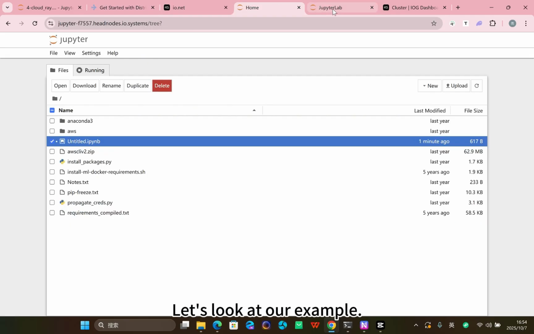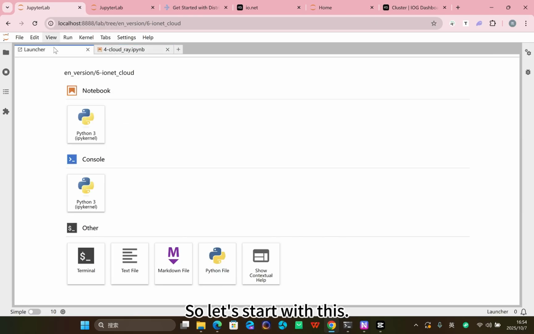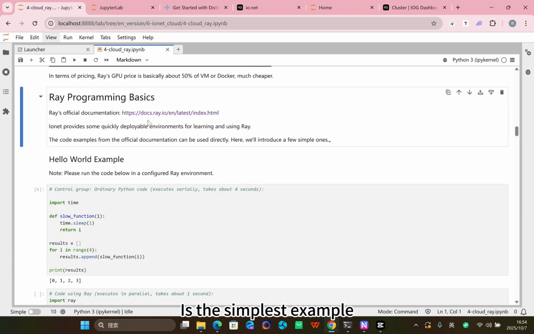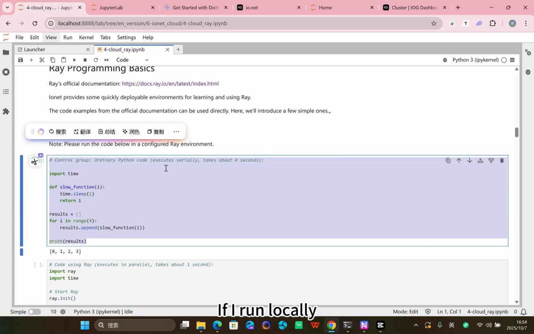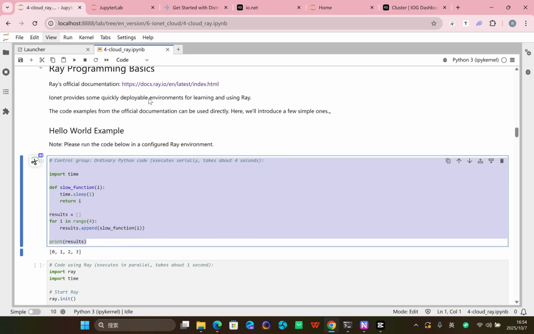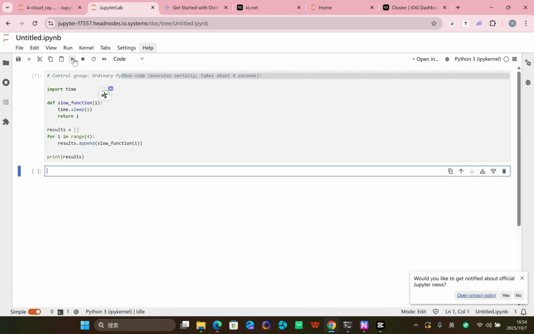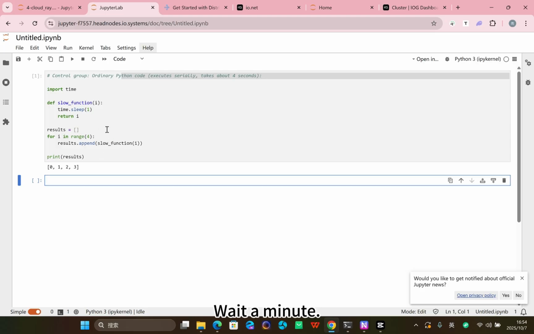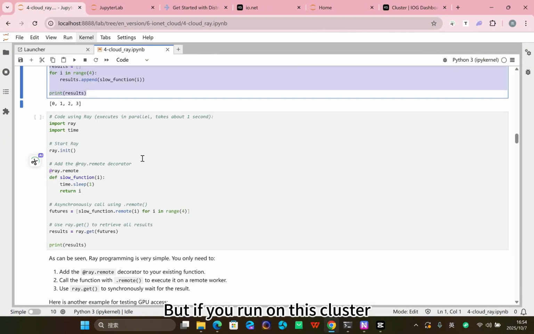Let's look at our example. So let's start with this, the simplest example. Let's take a look. If I run the hello world example locally, it uses a sleep function to sleep for a few seconds. Wait a minute, that's a bit long. About 4 seconds. But if you run on this cluster,